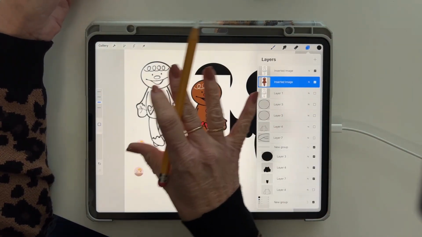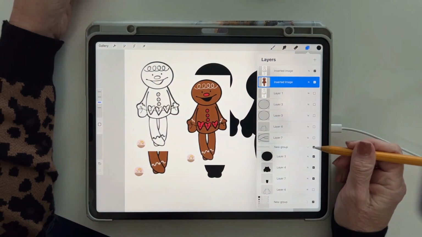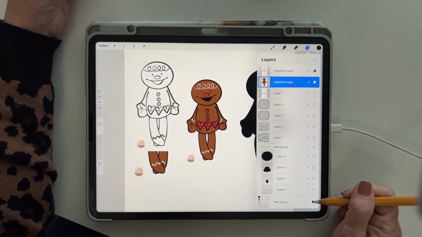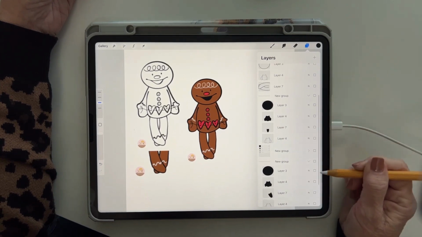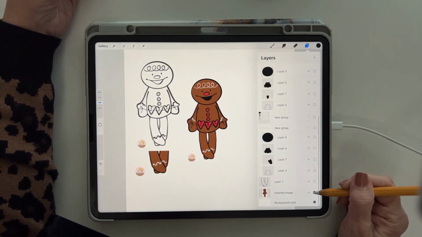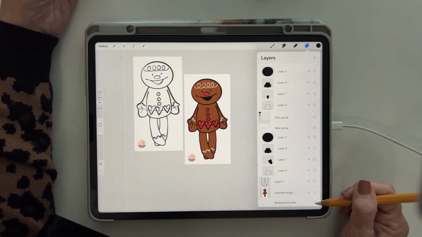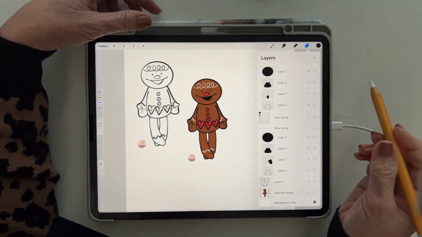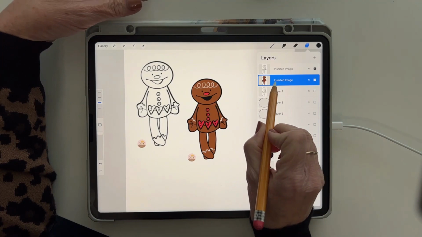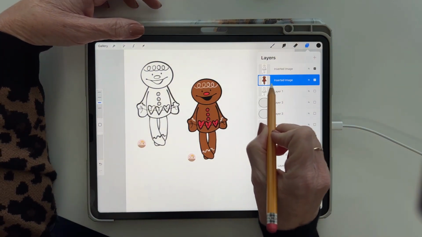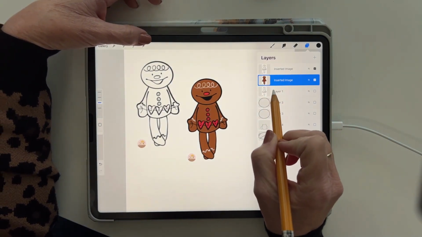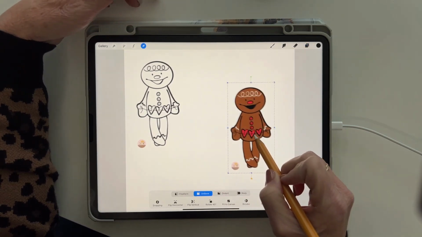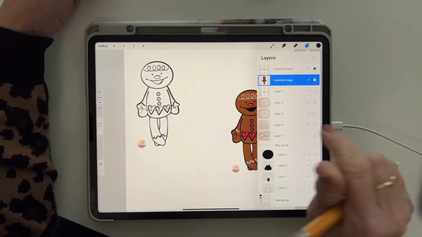And you see I've got lots of stuff showing here. Well, if I want to hide some things, I just tap this little check mark and it will hide. See, I can even hide the background color. I don't want to because I want to have that white behind there. And then I still have this colored in gingerbread man showing. I'm going to tap transform. I'm just going to move him over here. Now,